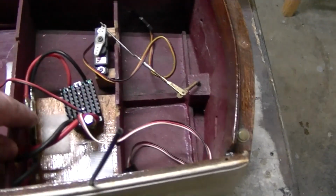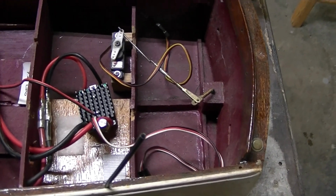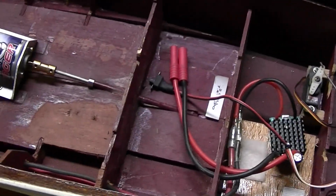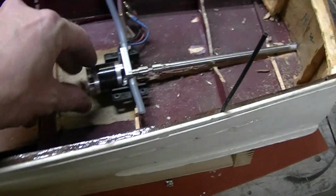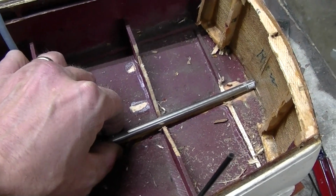This rib, it's gonna have to go. Don't want to, but it's gonna have to. So let's get on with that then. Alright, this is what I have so far. I had to rip out a lot of strength. It's only balsa, but